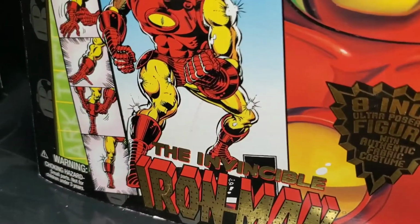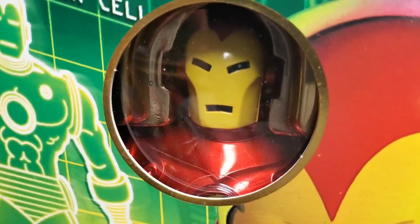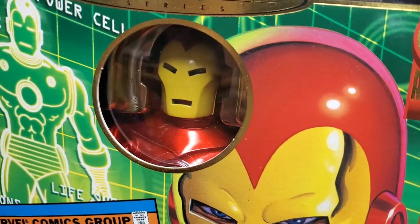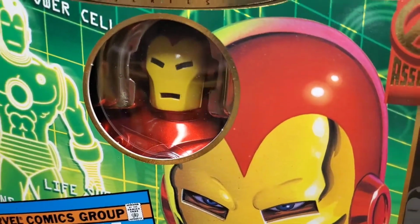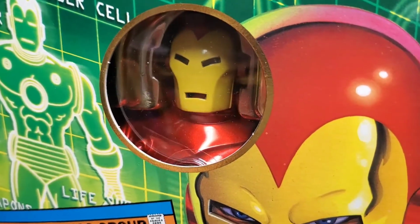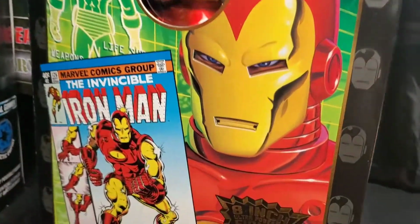Beautifully done. Set up perfectly. You can see the figure. You can see what you're going to get. Once again, though, this is the late 1990s, I believe. So this is being catered to adult collectors, not necessarily children. But as kids, I'm sure back in the late 1990s, kids saw this and wanted it. Beautiful artwork,